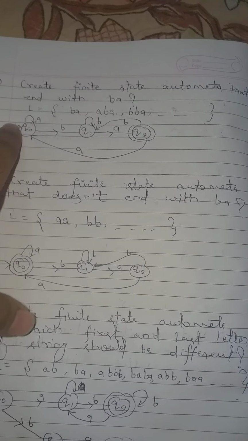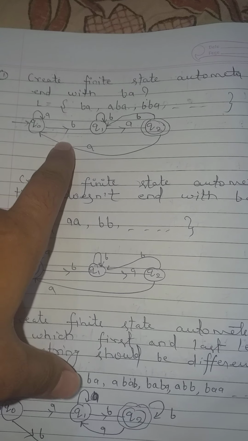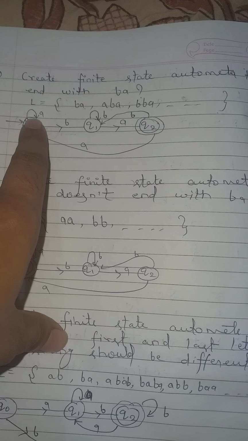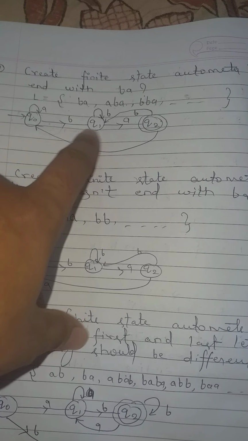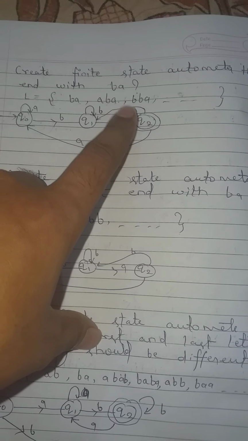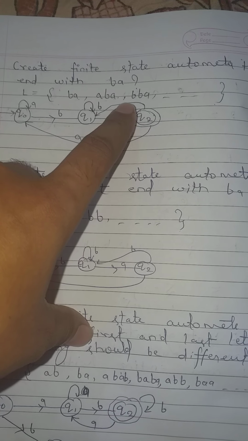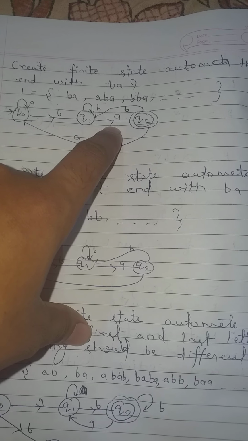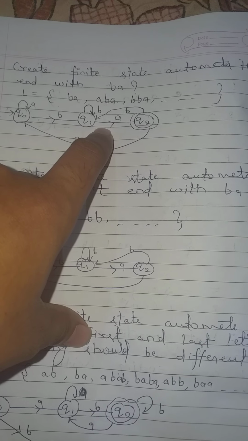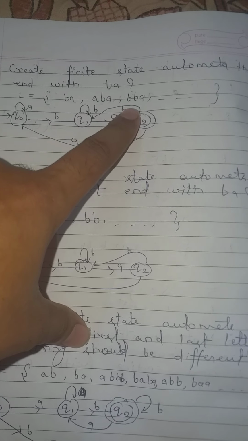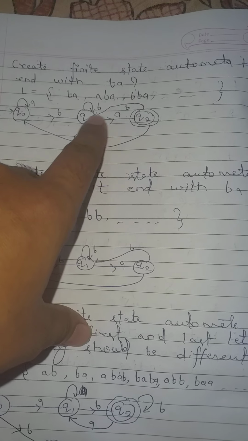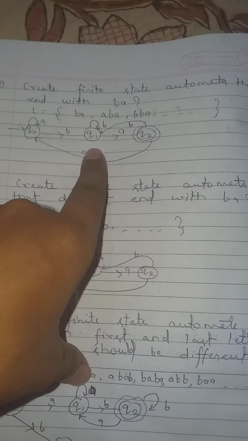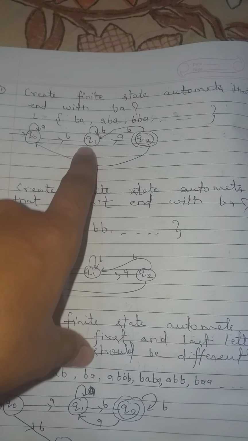And after that, when we put A in front of BA, as we all know, it should end with BA. So for Q0 we will create a self loop so that it will end with BA. In the other case, BBA, we have B in front of BA. As per the question it should end with A, so the B in between these two will work as a self loop. So Q1 gets a self loop of B.